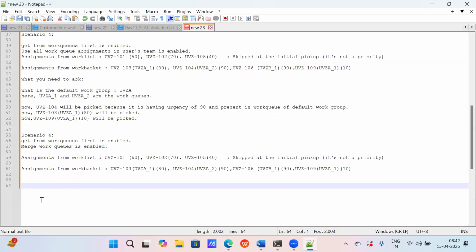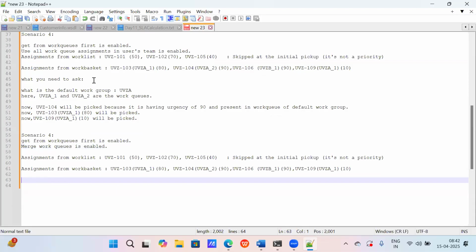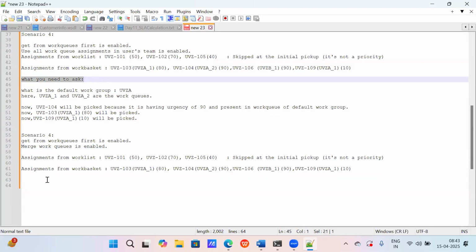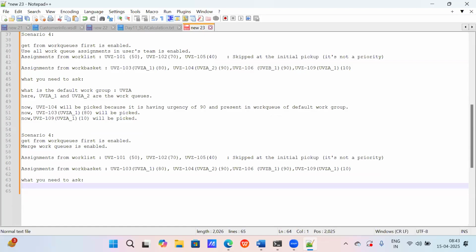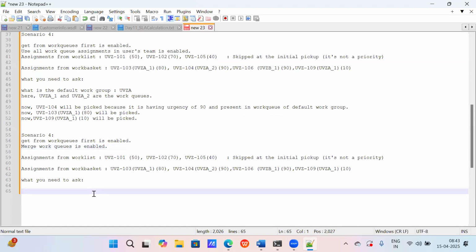Do you think that we need to ask something to the interviewer? Do we need to ask about the default work group if this option is enabled? No, right? It's not required for us to have additional information.